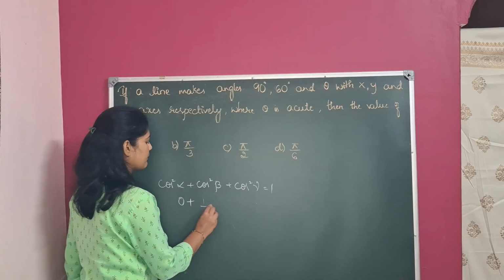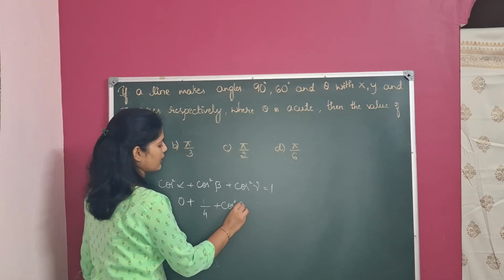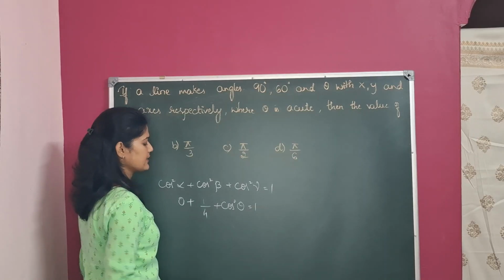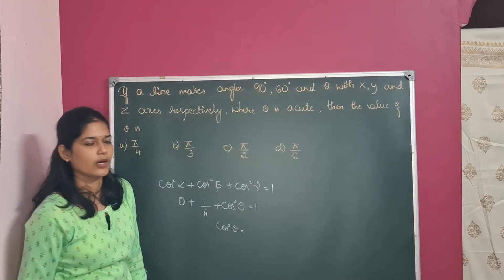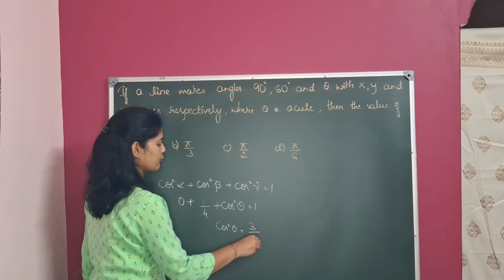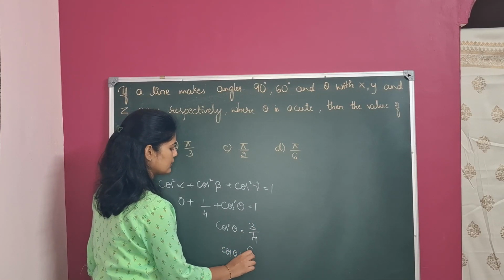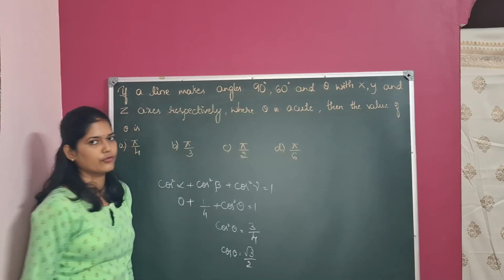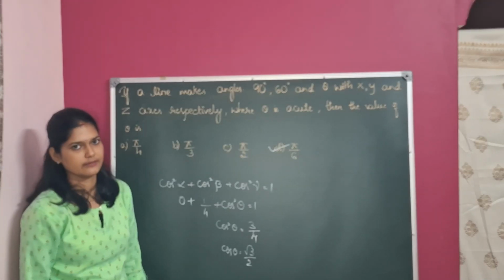1 by 2 whole square means it is 1 by 4 plus cos square. In place of gamma, they have given theta, that is equal to 1. Therefore, cos square theta value is 1 minus 1 by 4, that is 3 by 4. That means cos theta value is root 3 by 2. Therefore, the angle is pi by 6 or 30 degree. That is option